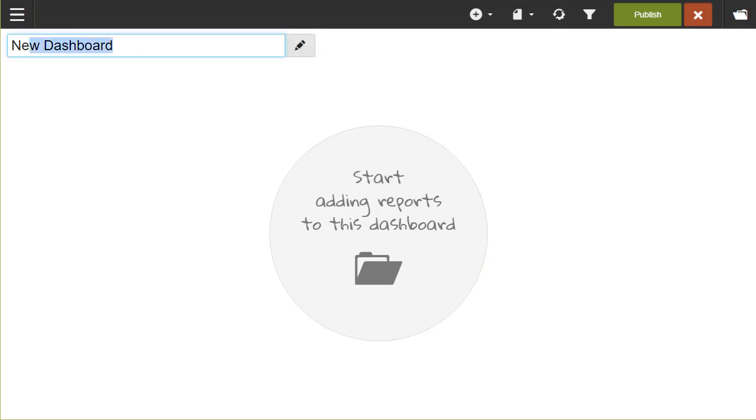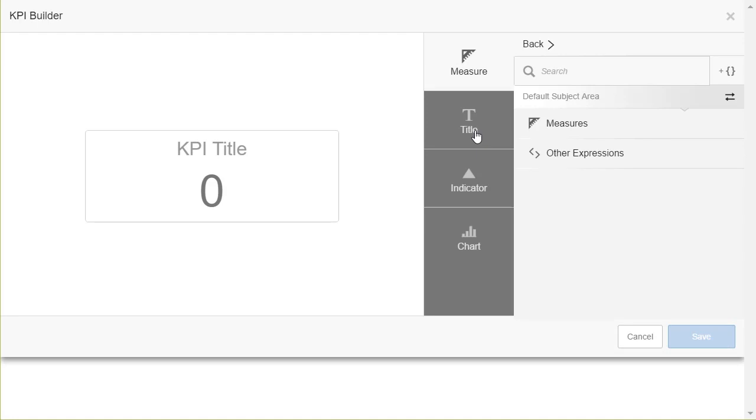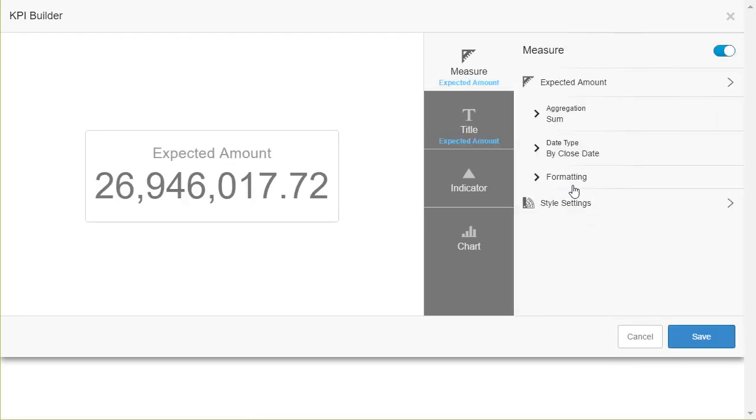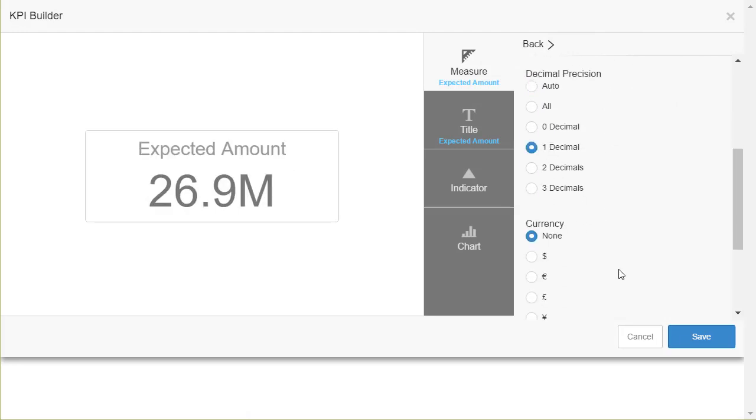No need to spin up a client-based app. We have all we need already at hand. How about this as a starting point? A whiteboard or blank canvas like this one right here. So we're going to give it a name, and then we'll start with a big digit number. Now, as you can see, we have a nice list of measures to pick from, which is something we'll return to later. But for now, we're going to take what we want, the expected amount, and format it how we